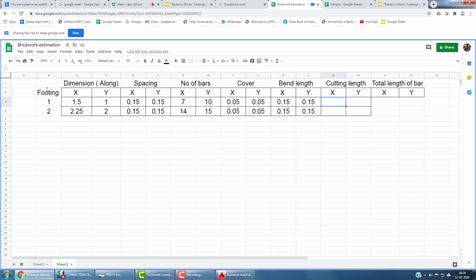Yeah, you can enter in any unit you want. You can write in feet, inches, mm or meter. The only thing is you have to modify those equations, whatever you are writing, according to the units that you are entering. You can make your Excel sheet in any dimension you want. My own sheet is in feet because I usually enter in terms of feet. For you to understand, it is just a sample. You can make it in any unit you want.